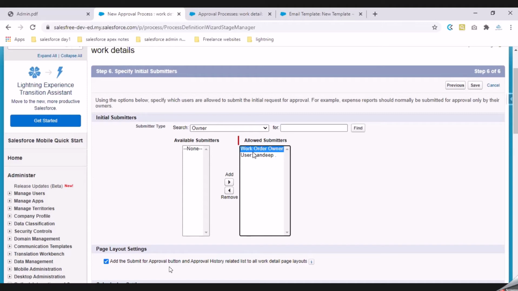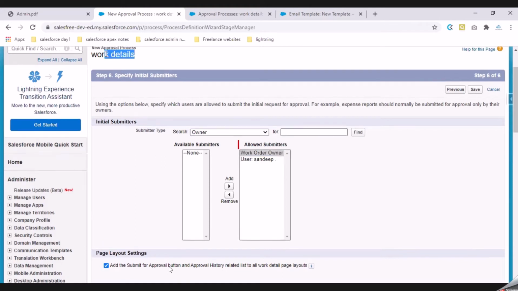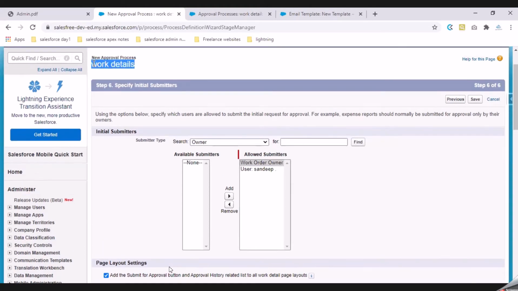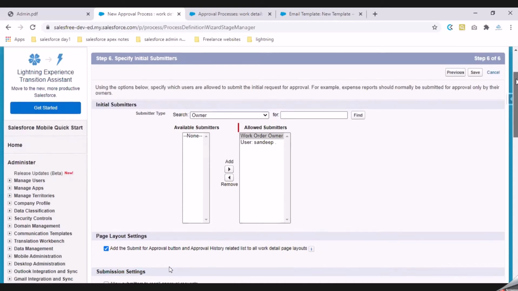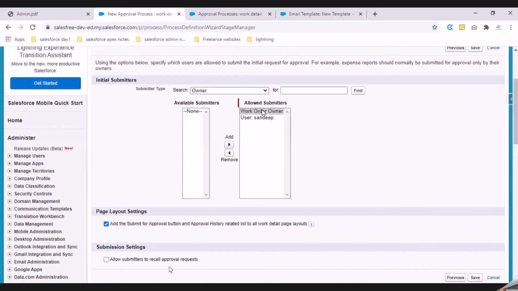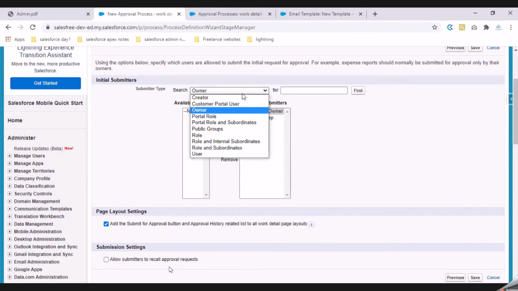The reason it is showing work order owner, even though we are dealing with a work detail, is because my work order and work detail are connected by a master detail relationship. That is why the behavior of my child depends on my parent. So my owner will also be dependent on my parent owner, which is why I'm seeing the work order owner here. The owner of your child will be similar to the owner of your parent. That is why I'm selecting this option